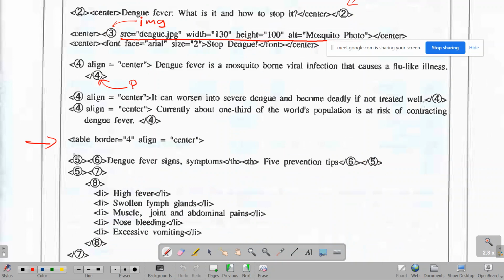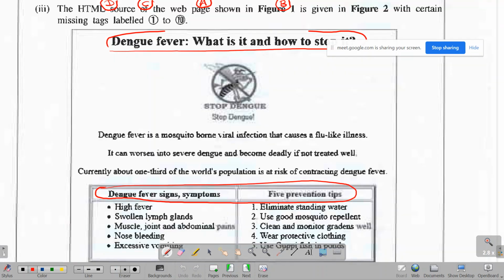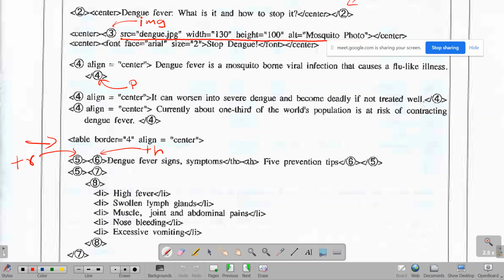So the fifth one, sixth one is going to be the th, and we know to have a th we need a tr, table row. So this is tr. And inside the second column, the first cell contains an unordered list, right? So you can see bullets are there. The other side, it's the numbers, so ordered and unordered list that we have. So definitely the seventh one is the ol,